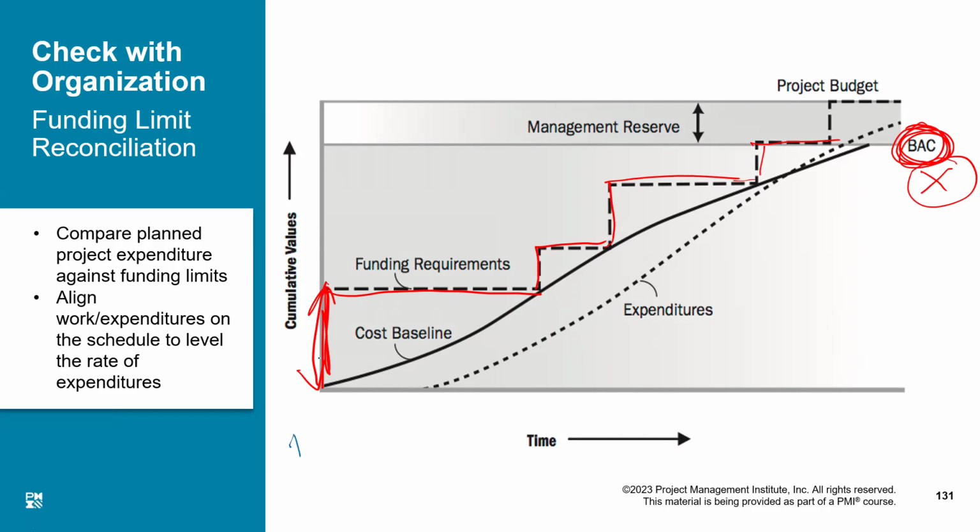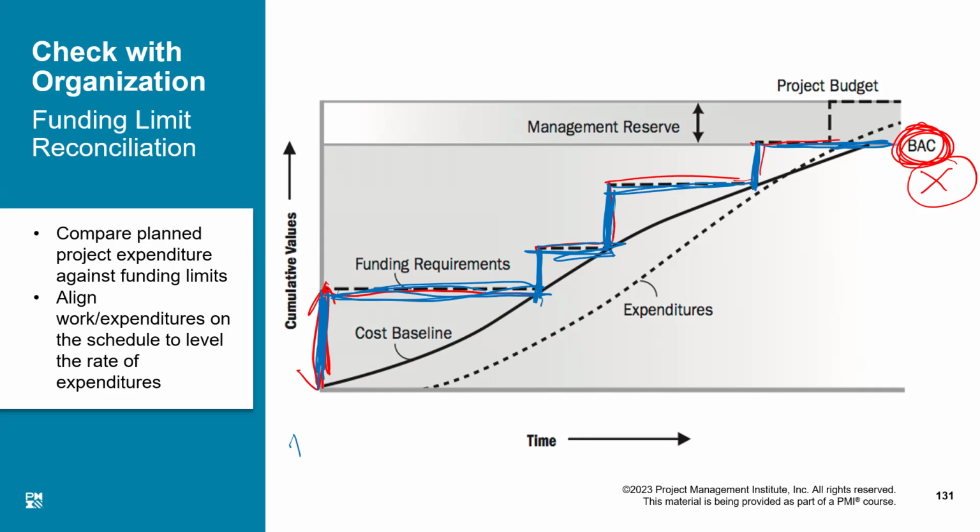Okay. So this much money is going to be sufficient for this much time. After that, you will get another installment of this much money, which should be sufficient for this much time. Then you get another installment of this much money, which should be sufficient for this much time. And then you get the remaining budget, which should be sufficient for the total work.